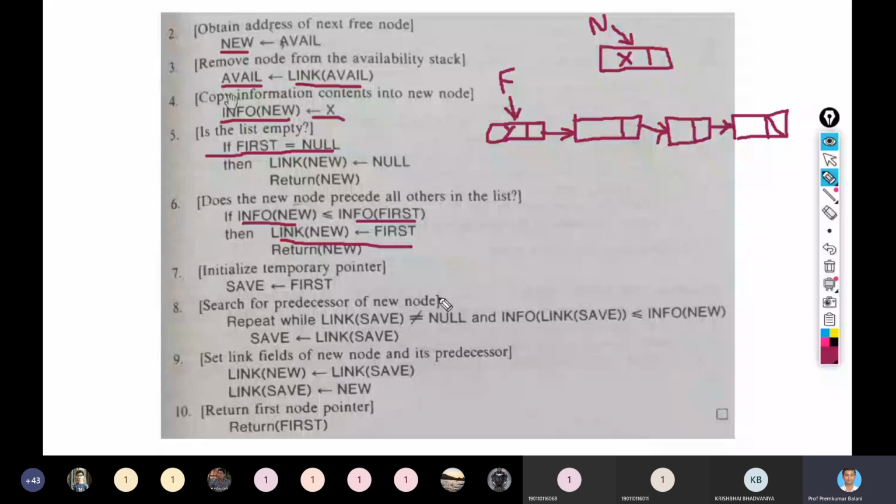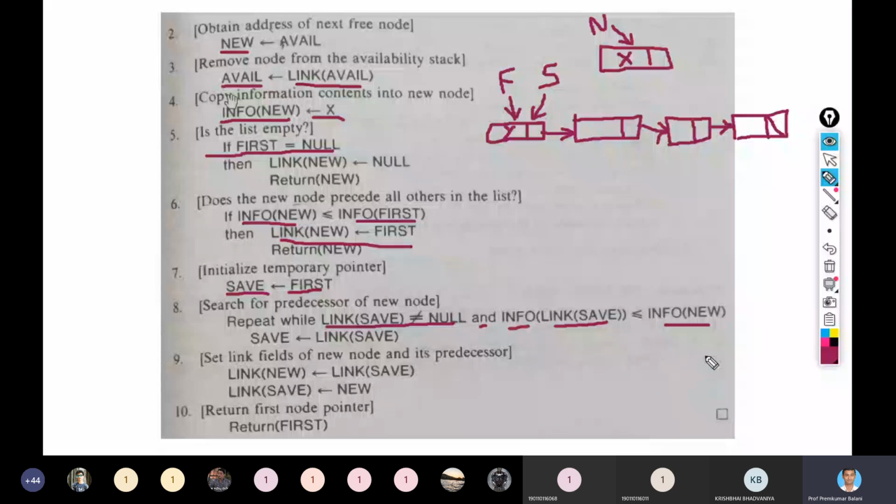First of all, I take one temporary pointer save, which is the same as first. So I write save equal to first. Then I have to repeat while link of save is not equal to null and the information part of link of save is less than or equal to information of new.